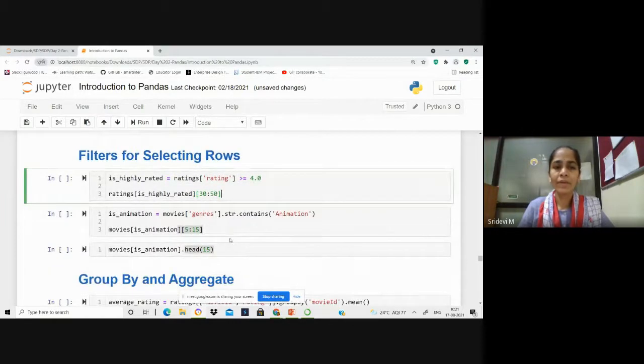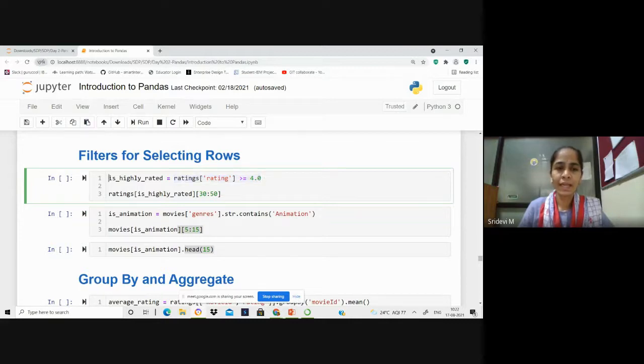Now we can also apply filters for selecting the rows. Say you wanted highly rated movies. Many of the audience have given different kinds of ratings on a scale of 1 to 5, but if you wanted higher ratings, you can get them by applying a filter. In this case, you are creating a filter on the ratings column of the ratings table, for values greater than or equal to 4.